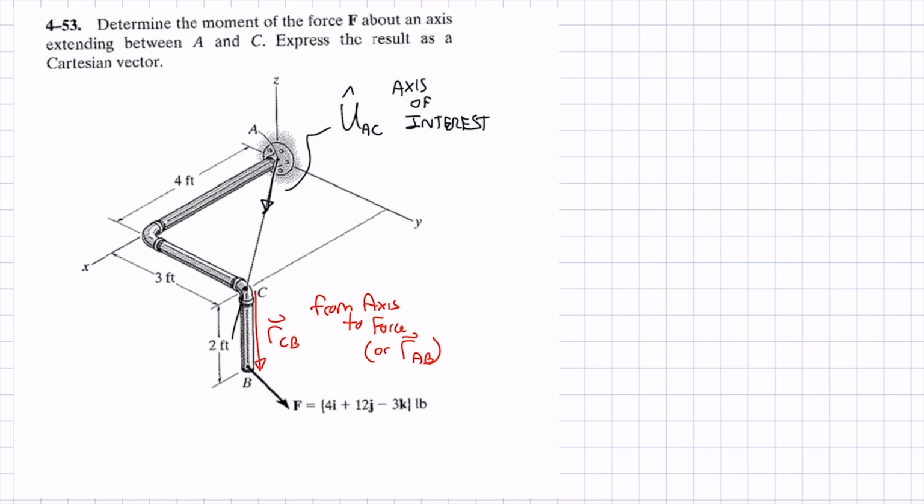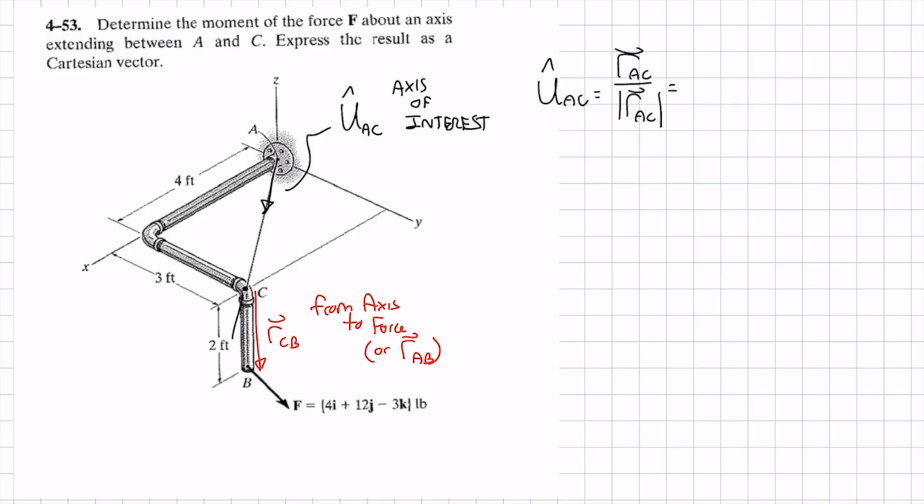So we'll find r C to B, but note, you could also use r A to B. It's just that that position vector is going to be a little more complicated than just doing r C to B. But as long as it's from any point on the axis to any point on the line of action of the force, we're good. We already know the force vector in ijk,